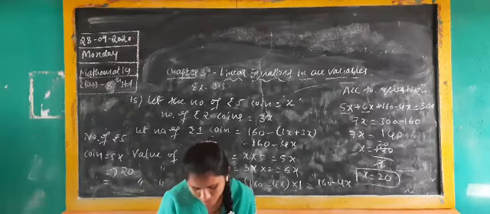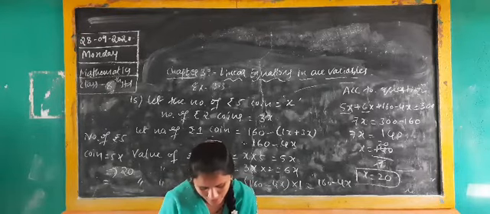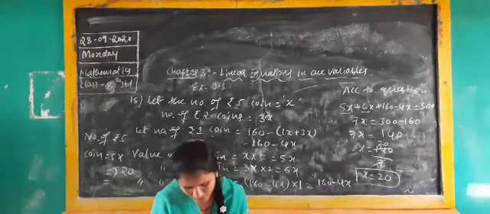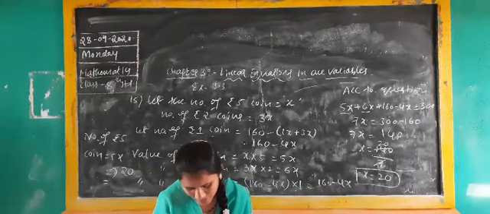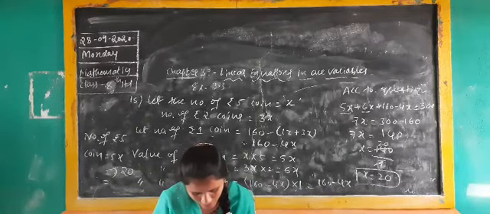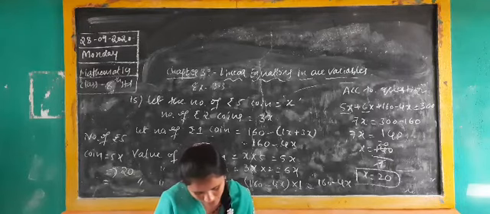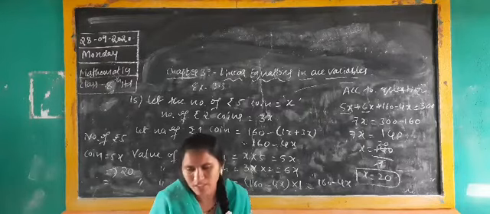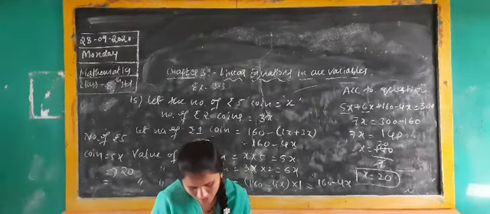Here the total of 3000 they have given. Find the number of winners. We don't know the winners. Find the winners, and the total number of participants, how many members, they have given 63. Okay, write down. Let the number of winners, which we don't know, be x. Here the total number of participants who did not win will be 63 minus x.